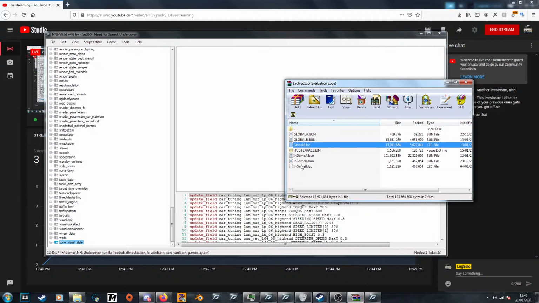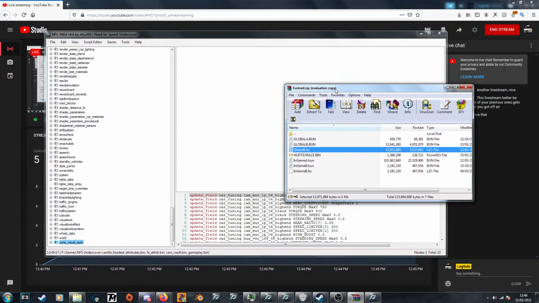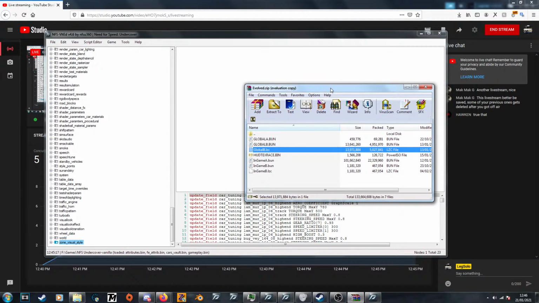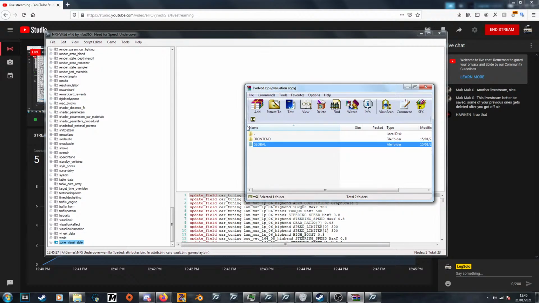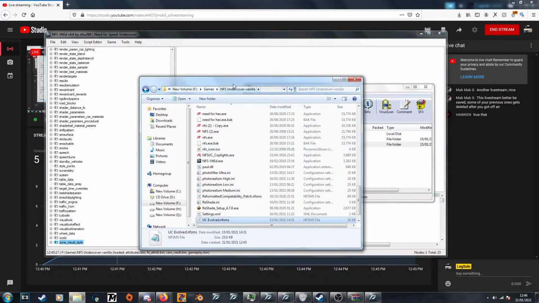All of the car front-end data gets stored in one of those, so simply replacing it just causes issues. So yeah, you just want to make sure you always do backups, so then if anything goes wrong, you can go back over it and you can see where it went wrong. So you want to open up your Undercover folder,